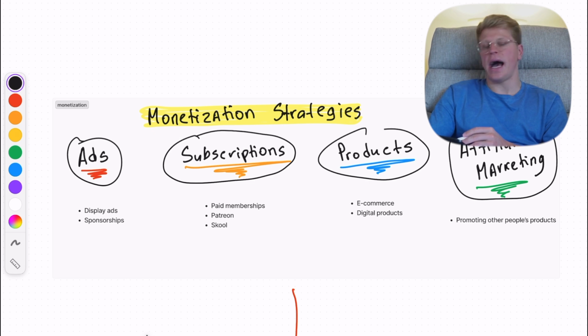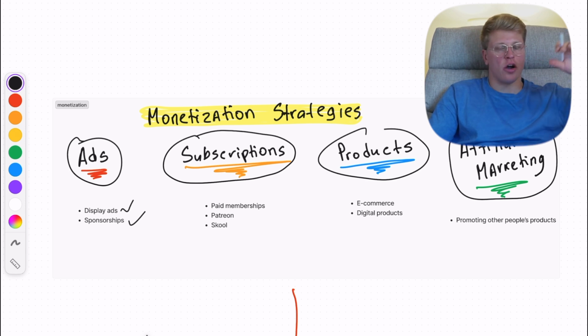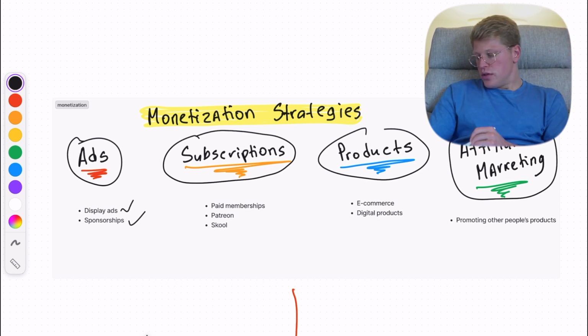But basically, ads. Okay, let's think about YouTube videos for a second. You see an ad before a video starts playing, right? That's the creator monetizing that content with ads. Okay, display ads, sponsorships. Also if you go on a website, on a blog or whatever, and you see those banners and stuff, that's an ad as well. So next we have subscriptions, right? Subscriptions, think of them as paid memberships, for example.